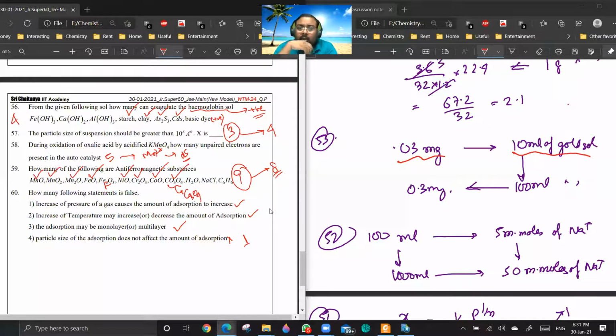Okay. I think the definition which I gave initially was 100 nanometer, right? Then I made that correction because of NCERT. See, actually the answer should be 3 only, but NCERT has given that colloid size can be up to 10 to the power 3 nanometers. So suspension will be starting from that. Based on that, it will be 10 to the power 4 angstroms. Is it clear? Yes or no? Yes, sir. Okay. After this, any other doubts in 56 to 60?